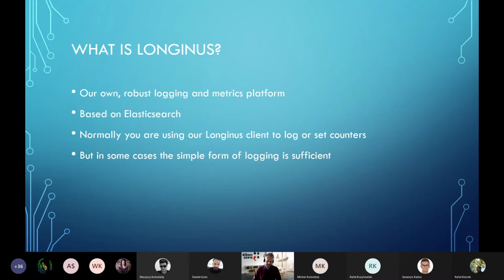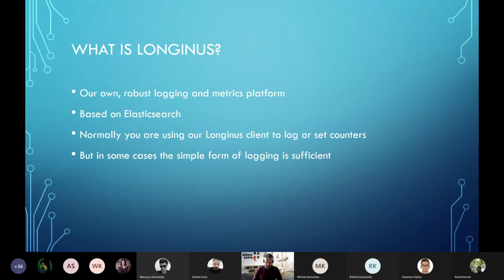All these metrics can then be used to create dashboards in Kibana and visualize the application not only from the log perspective but also from the performance perspective or throughput perspective, or any other way which is expressed in counters. Longinus is based technologically on an Elasticsearch platform,